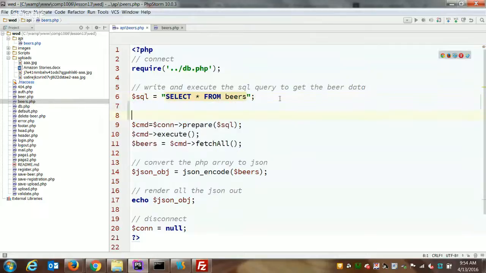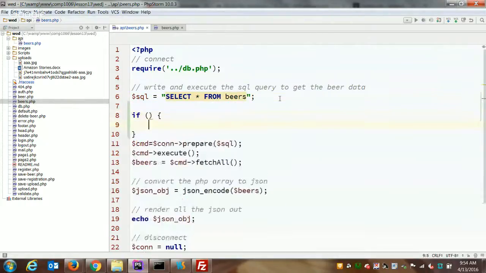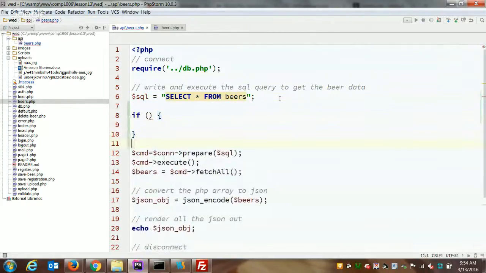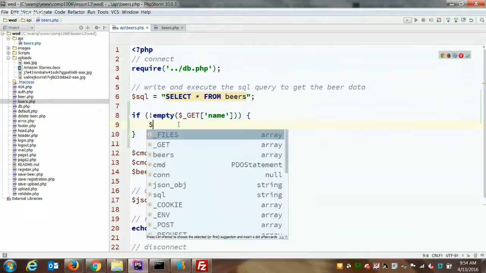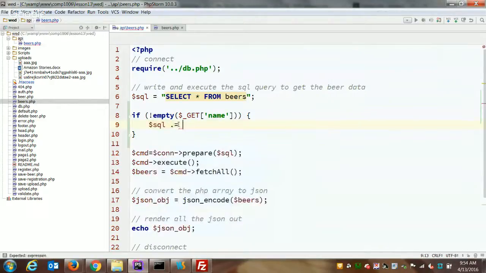So what should we check? You're right, we have to check the query string. You got it. So if our URL contains a query string key called name, we'll just append on